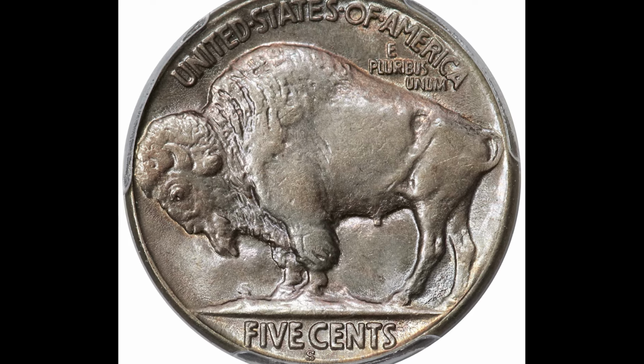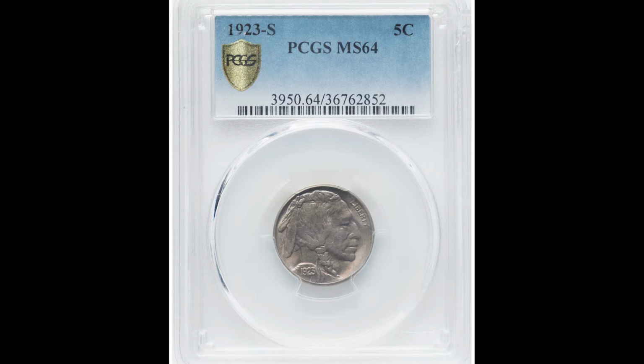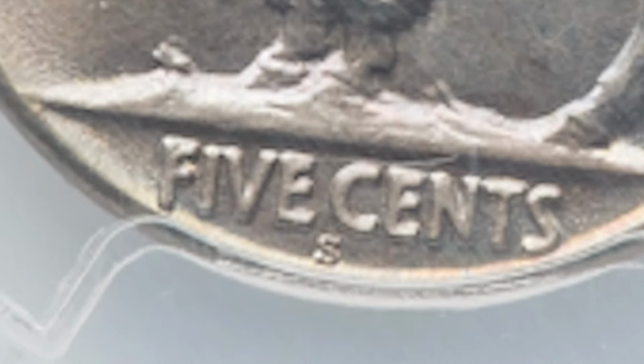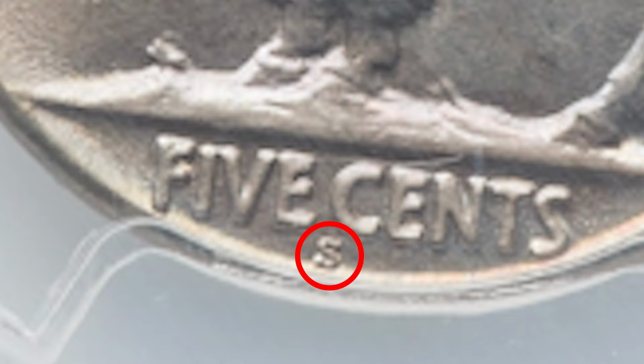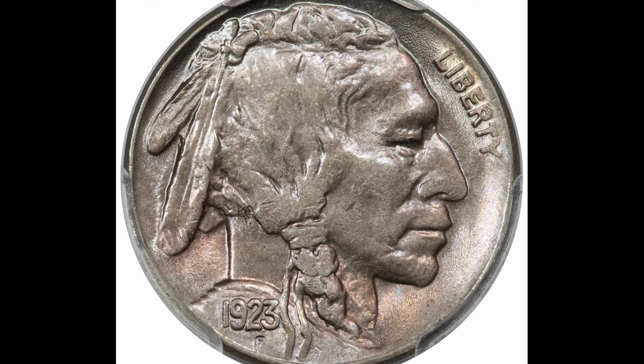That's a really high grade, and you can see that it is an S mint marked coin standing for the San Francisco Mint. You'll see that on the back bottom center of the coin below the word 5 cents. US minted coins can either come from San Francisco, Philadelphia, Denver, or sometimes West Point Mint. This coin sold for